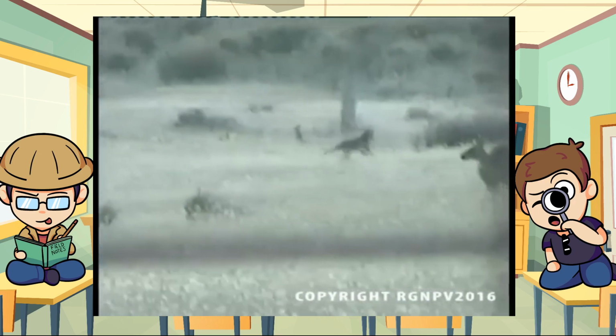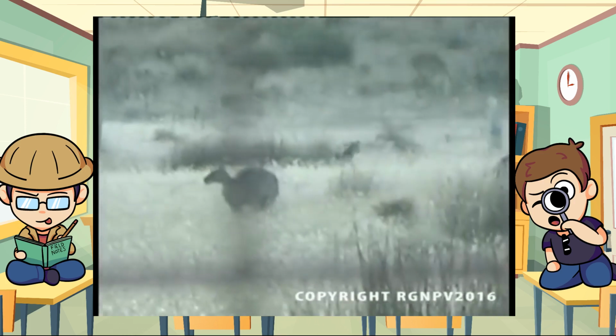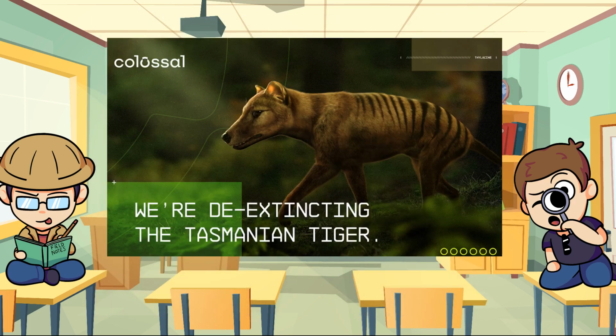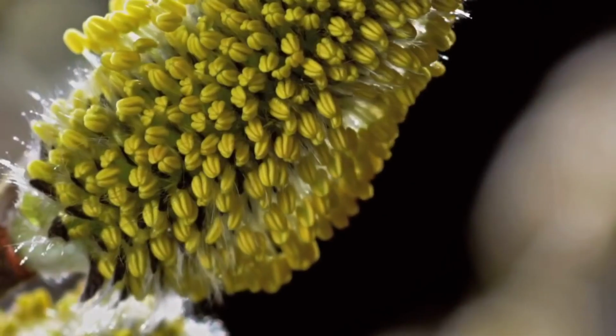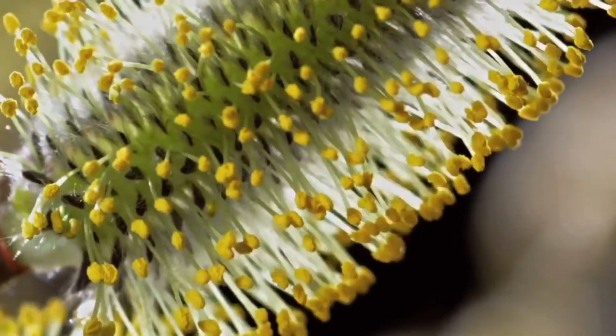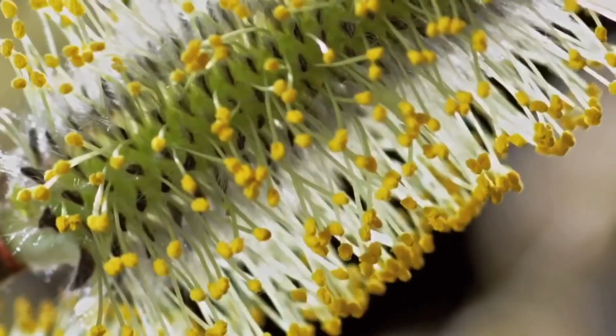You're going to have to slowly introduce it to the environment. It's going to be years for this project to even get to where they want it to be. And the fact that they're thinking about reintroducing them into that environment now, where people have come in and taken over, let's be honest, but the environment's already starting to adapt. It's already starting to do what nature does, and that's what's getting me about this. Like, you already messed it up once.